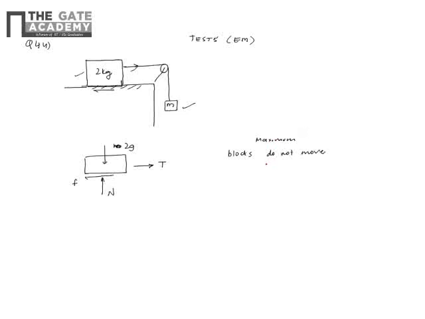So at this point it is on the verge of sliding forward, right? Just add 0.1 gram to small m, at this point it will start moving. So it's on the verge of sliding forward, and the friction is the maximum static friction which a surface can provide,